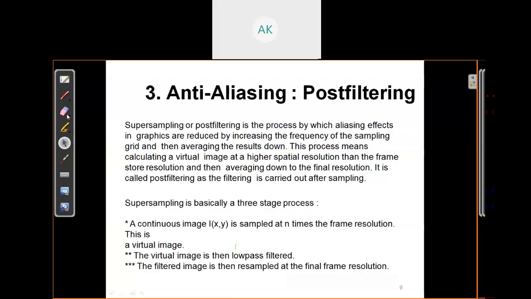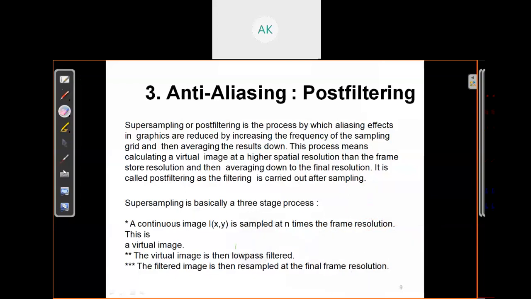What I want to say here, suppose just consider your image is 3 cross 3. Now in this super sampling, actually our object is 3 cross 3, but we just consider our object is 9 cross 9. Okay, so we took the sample at different locations and averaged those 3 cross 3 into 1 for a particular pixel. Okay,